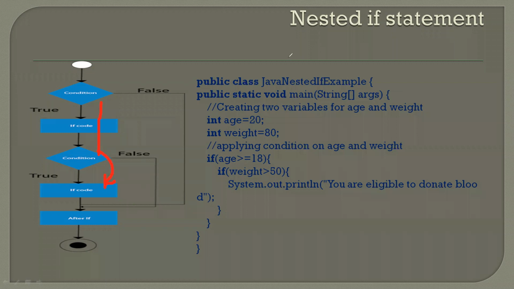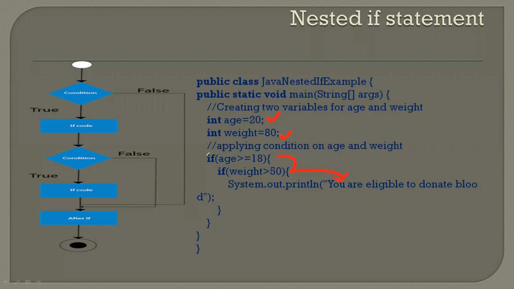So here, if you observe the program on the right hand side of the screen, there is a variable int age, where the value is 20, and there is one more variable with the name weight, where the value is 80. What I want to check is if the age is greater than 18 and if the weight is greater than 50, then I want to print he or she is eligible to donate blood. So that's why I'm going to check two if conditions. I am verifying weight, and then I am verifying age. If both are true only, then it will print you are eligible to donate blood on the output screen, right?